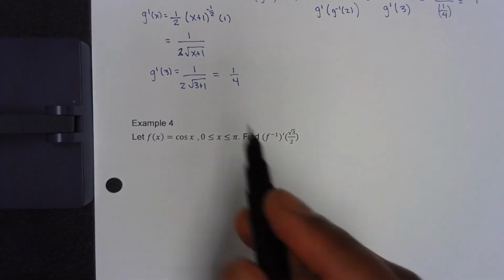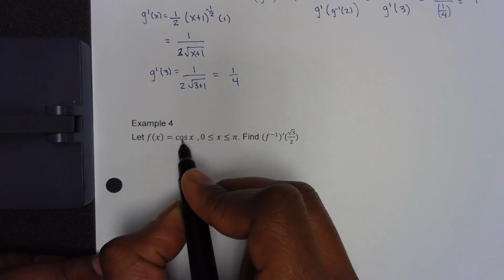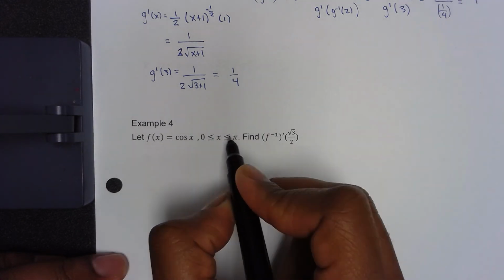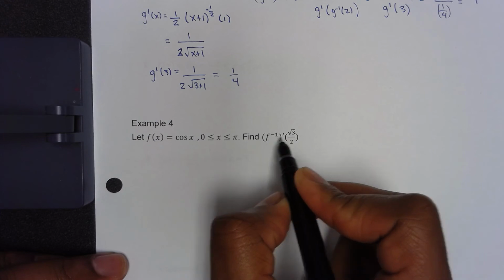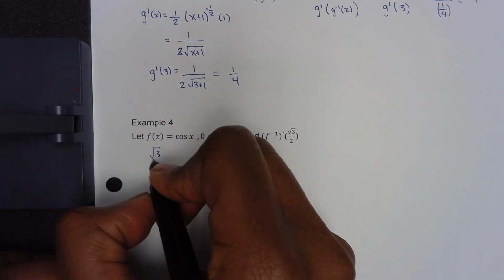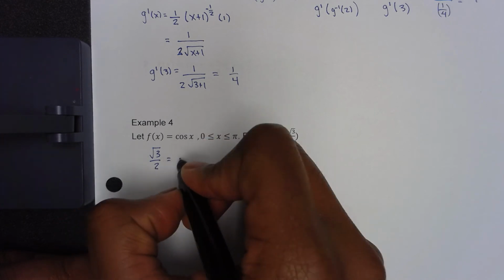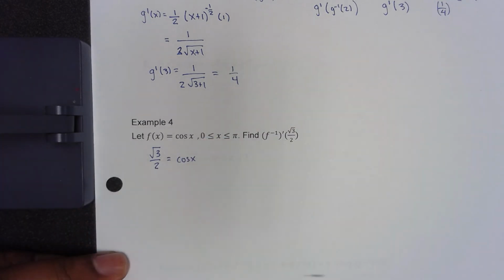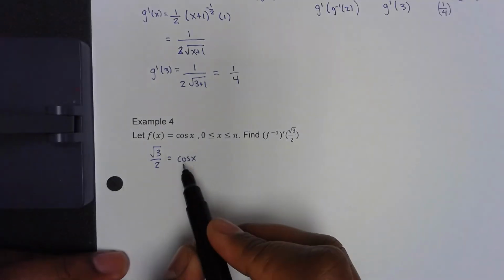Last one is let f of x equal cosine x between 0 and pi. We need to find f inverse of square root 3 over 2. So we have square root 3 divided by 2 equals cosine x. If we remember the unit circle,